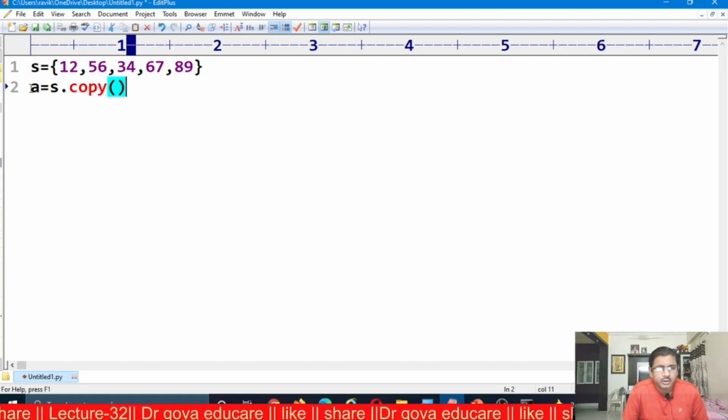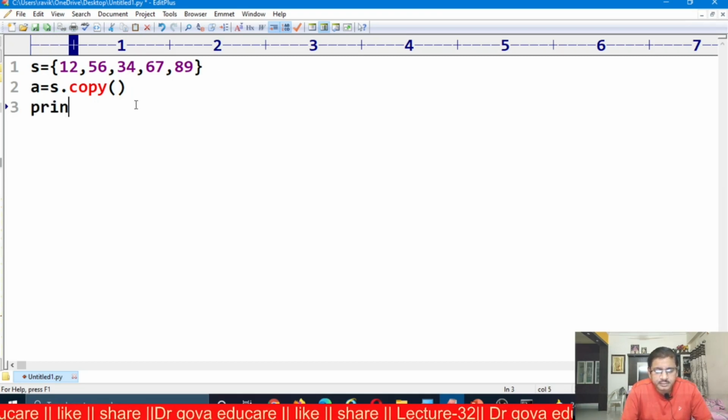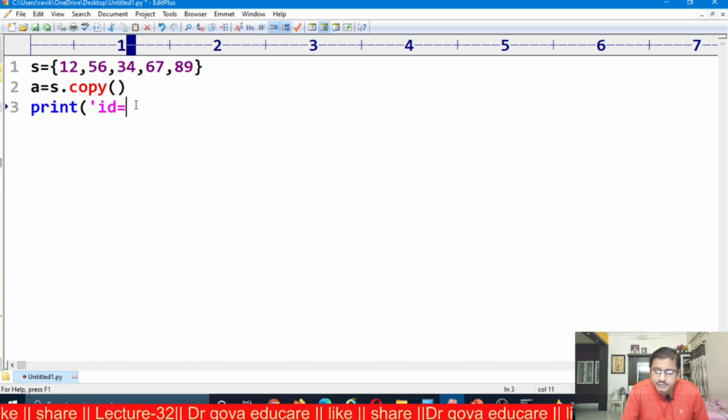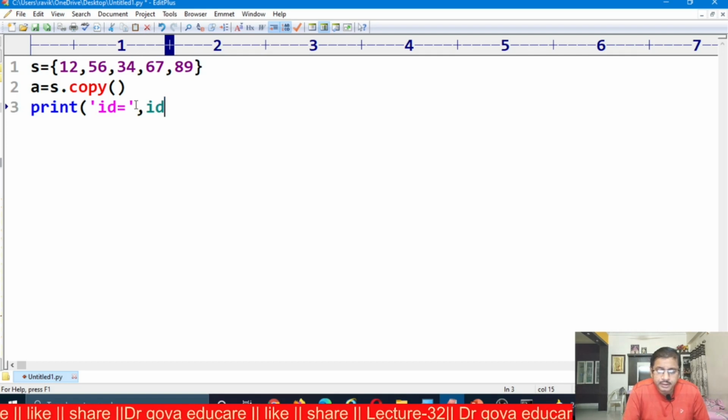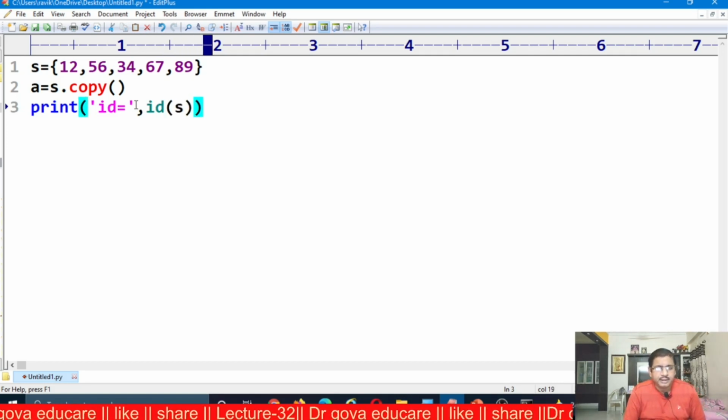Now before copying, I want the address of s. Print address of id, colon, comma, id of s.